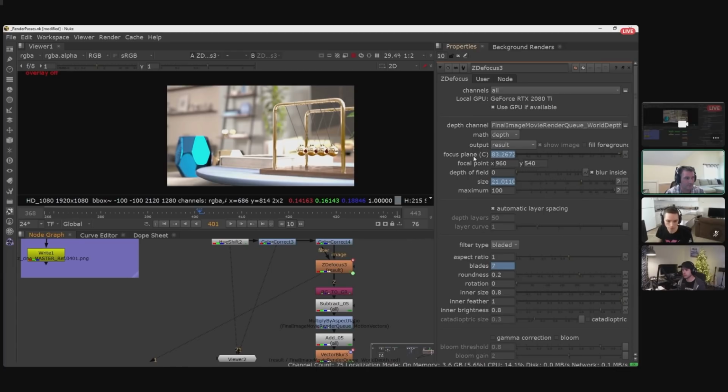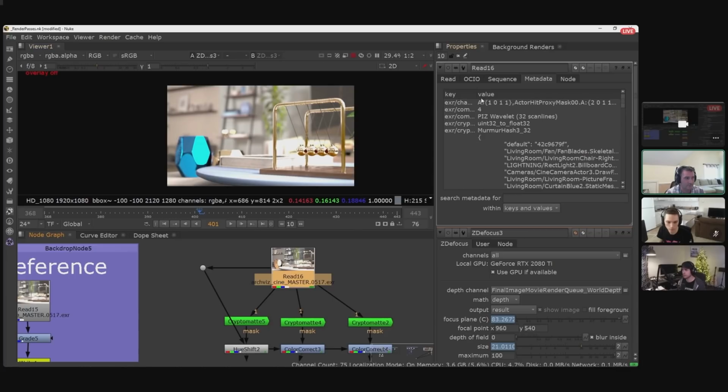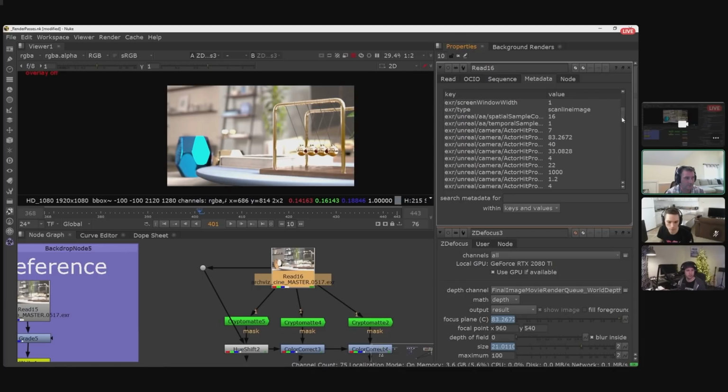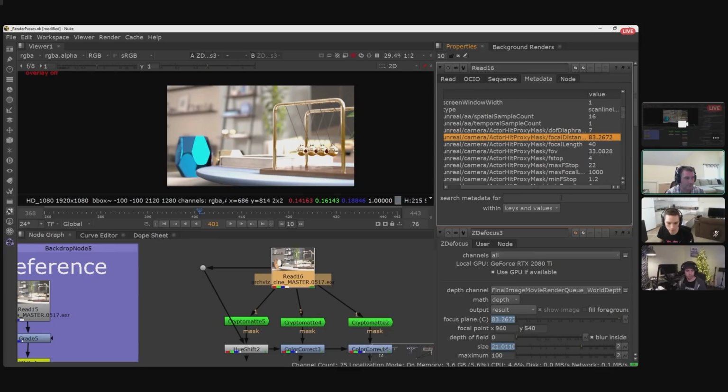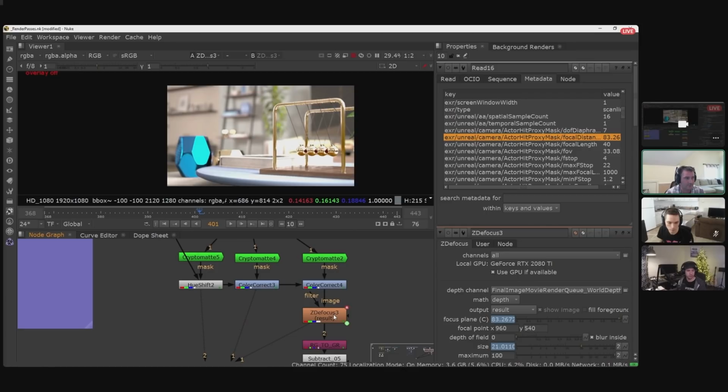And with that, we have an expression tied to the focal plane. So we can change the focal plane here to match exactly what we had inside Unreal. And you can derive some of that information from the metadata. If we double click on the read node and look at some of the information available inside of here, you can see that we have focal distance here is 83. So we can take some of that information and extract it and actually through expressions drive some of that. So if you had a rack focus, for example, it could be driven per frame from the metadata of the camera.